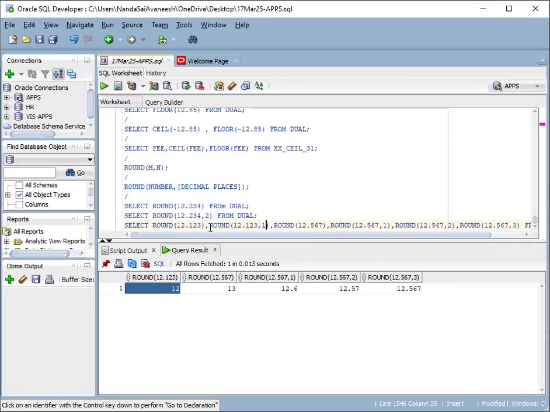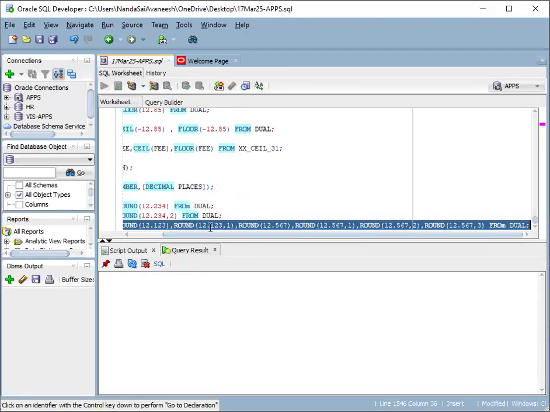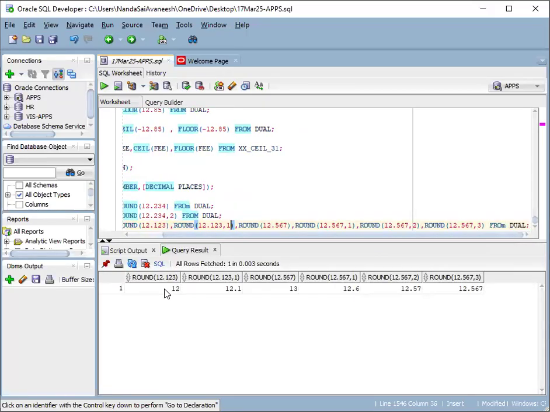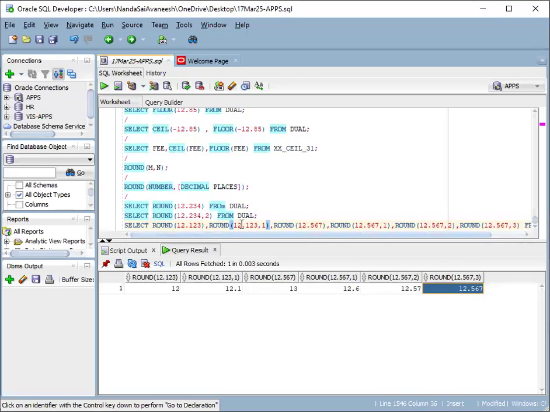Comma, if I say 1, what is the difference here? It is only 12.1 here. And the remaining are 13, 12.6, 12.57, 12.567. So see the difference here? Round of 12.123 comma 1 means that is 12.1 only, whereas 12.567 comma 1 converts into